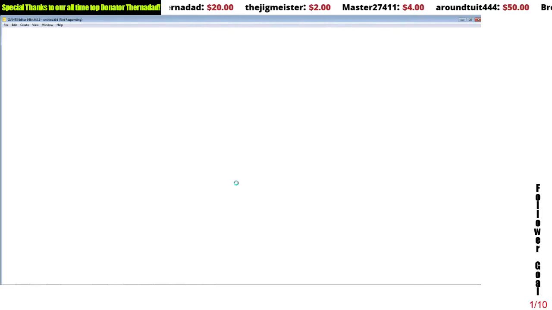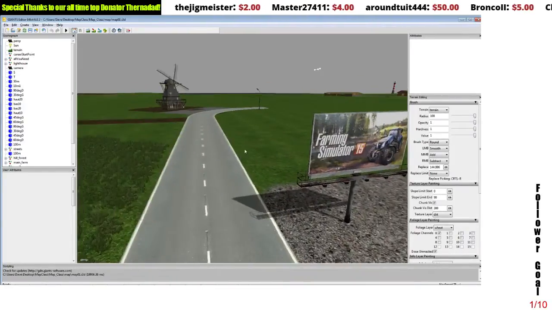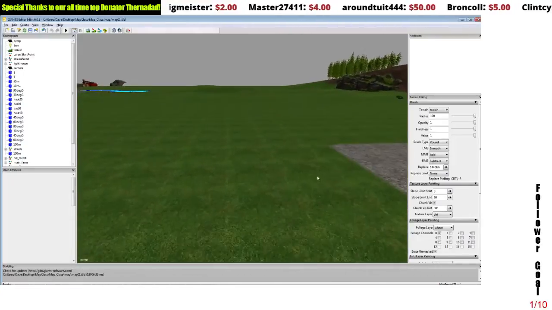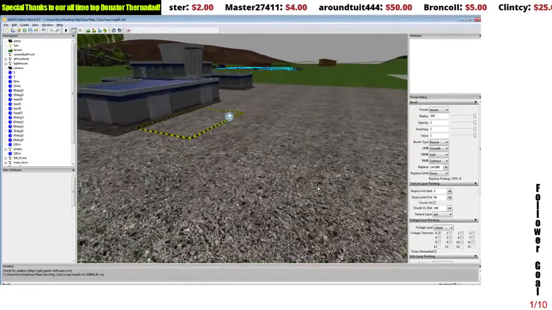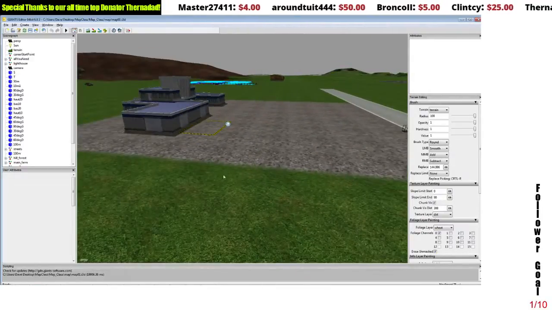So anyway, anybody that joined late, we're just showing how to add a new texture to your map. There's the billboard we were working on. And a completely new terrain texture rather than reusing one that was already in the map. We added a new one. So if we go to our terrain menu now,